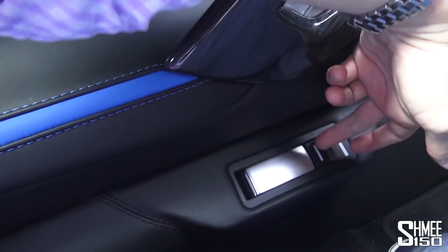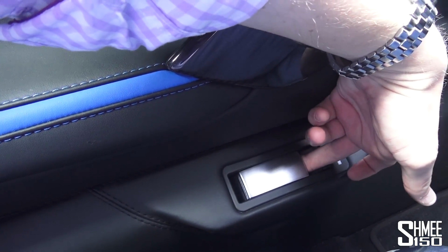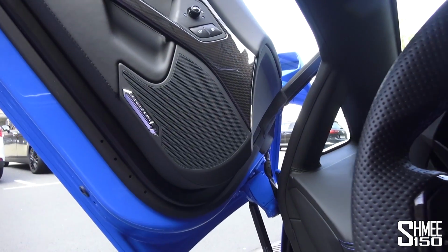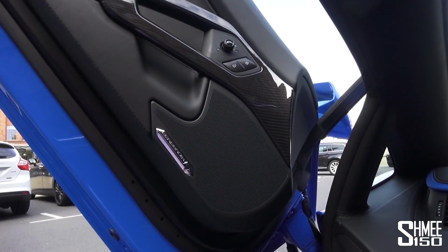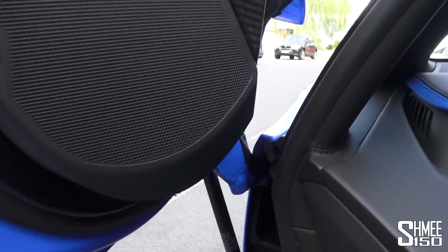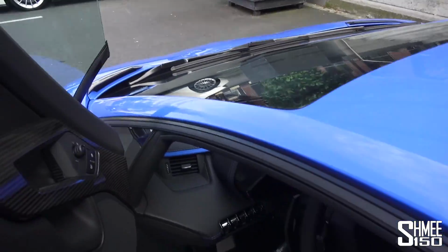Then, if you're not familiar with an Aventador, the way you open the door is you put your finger through that little gap and pull the lever up, and the door does its party trick, and up it goes. And it's got the Sensonum sound system as well, which is very nice. So, there we go. The Lamborghini Aventador S for the second outing, and it's just as crazy as the first,